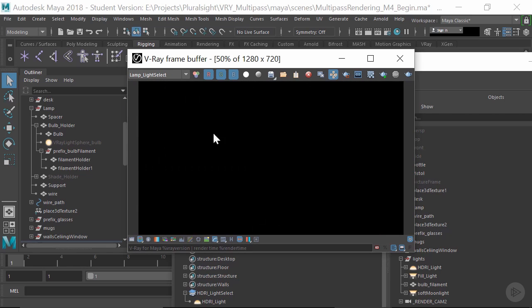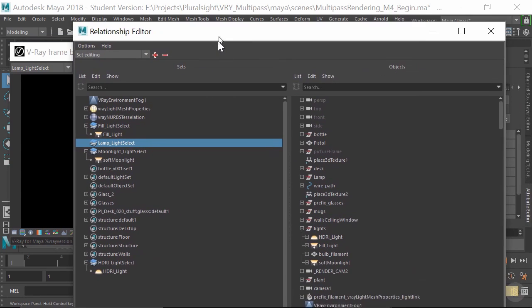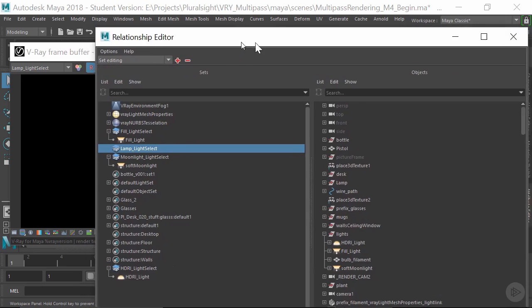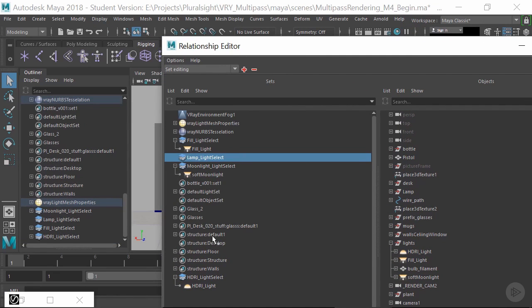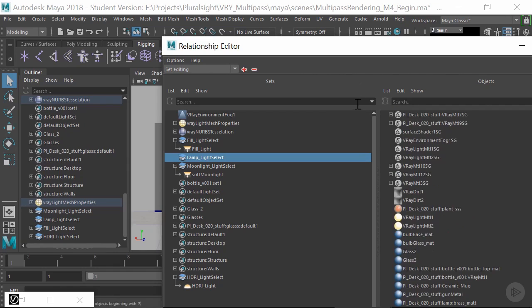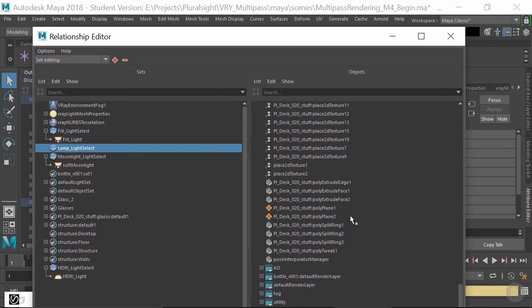But when we get down to our lamp light select, well, it hasn't worked, and that may not be surprising to many of you since I haven't actually put a light in it. Now the question is, what is the mesh light? What is the element that I need to put in there? So we can go over on our set editor, and we can find, if I type mesh,